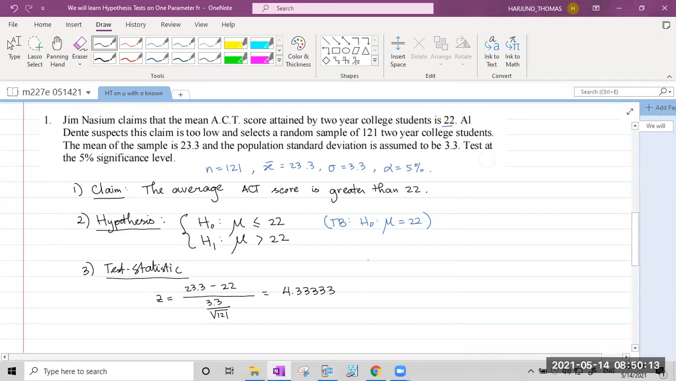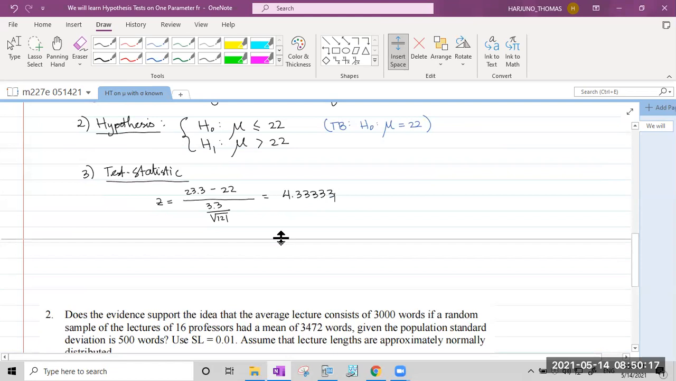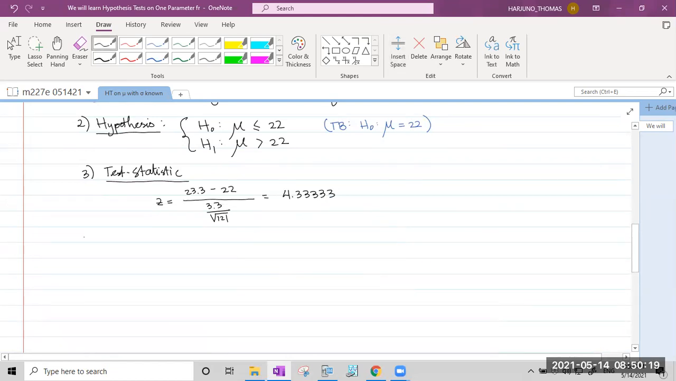Now that's for step 3. Step 4, how about the p-value? If the parameter is greater than a number, then it will be a right tail test. Okay, what is the reason? What is the reason? To say that